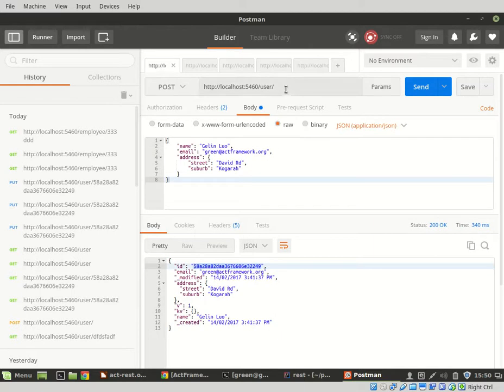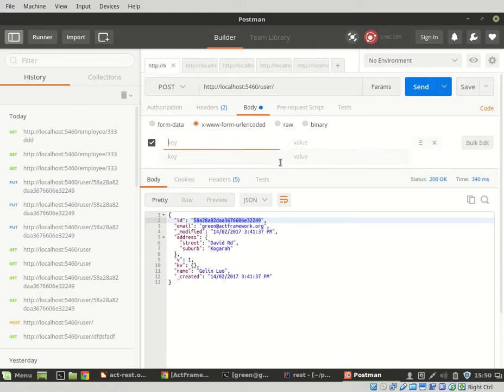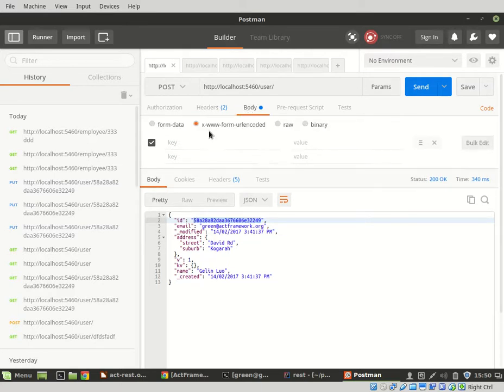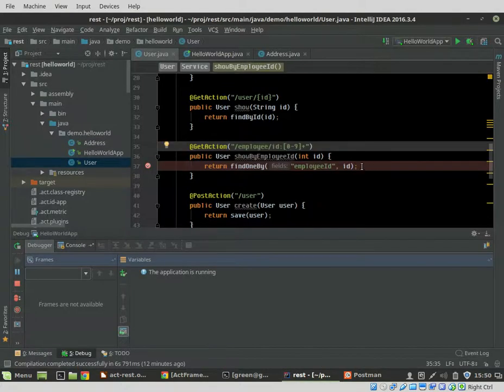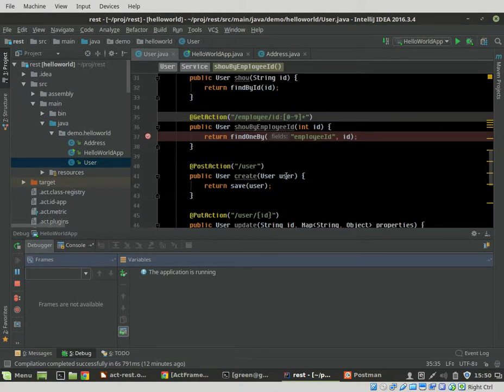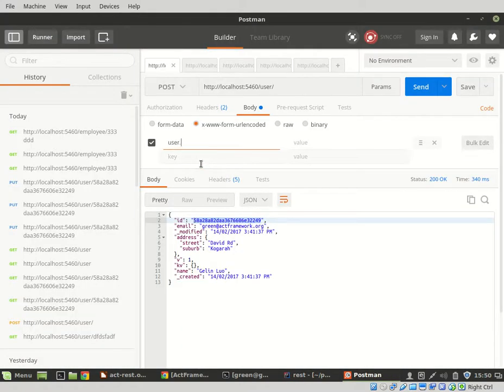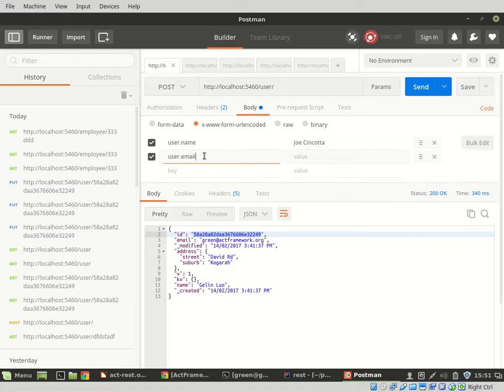So I just try the form. This time I'm going to create a new user, and I'm going to do this. So how do we encode that? So this time the content type is form URL encoded. So first of all, let's see our create user. I got a variable named user, so I use that one as my base. So I say user dot name equals to Joe Sincoda, and user dot email equals to Joe at Actframework.org,